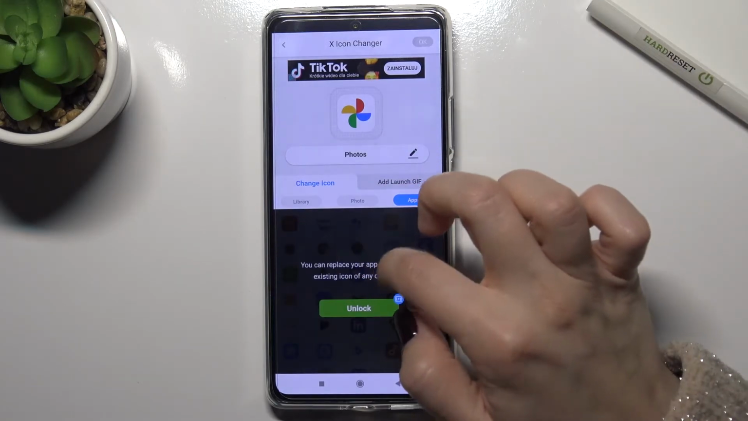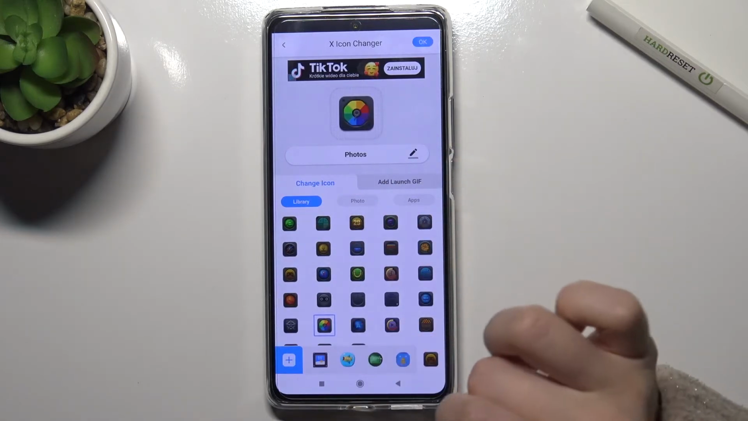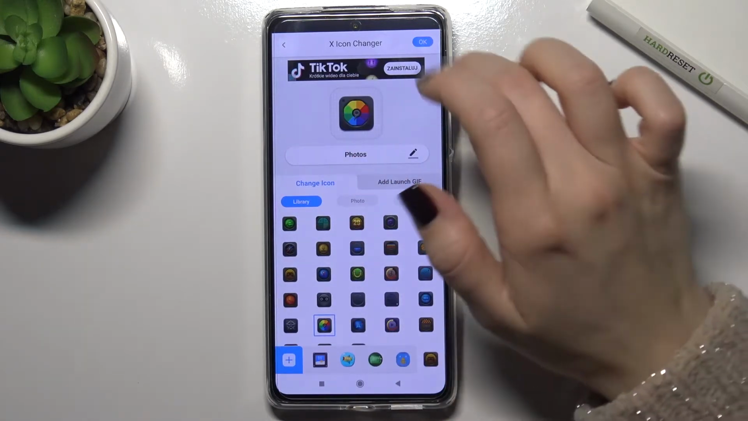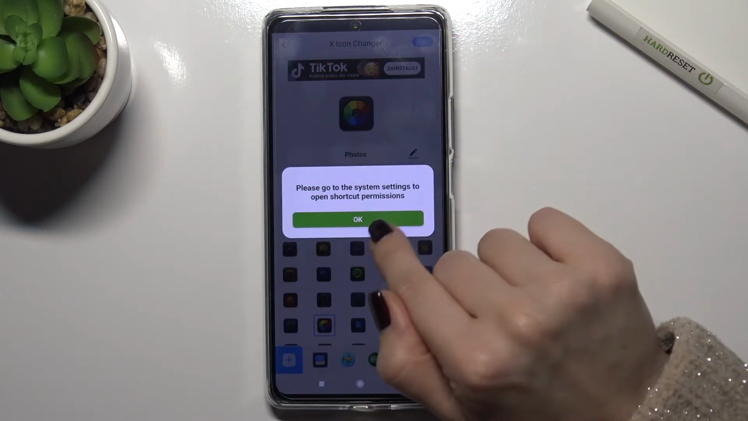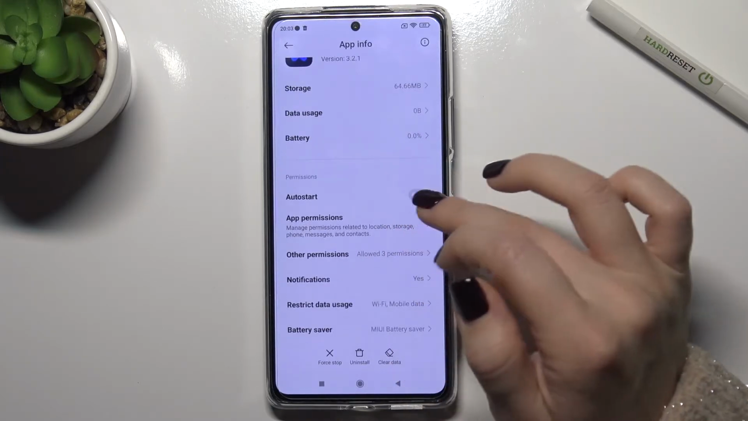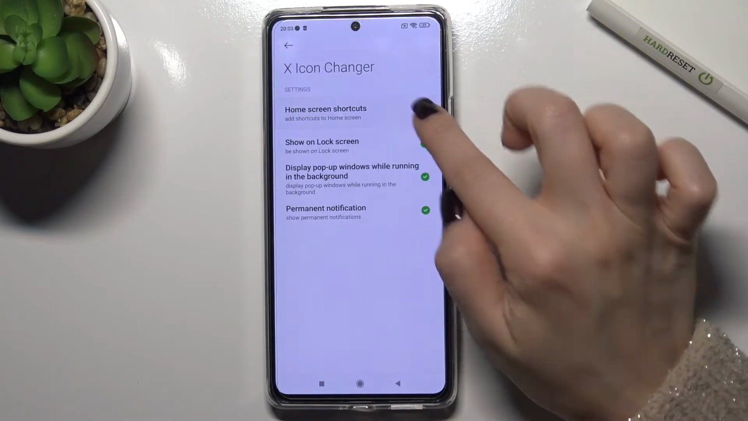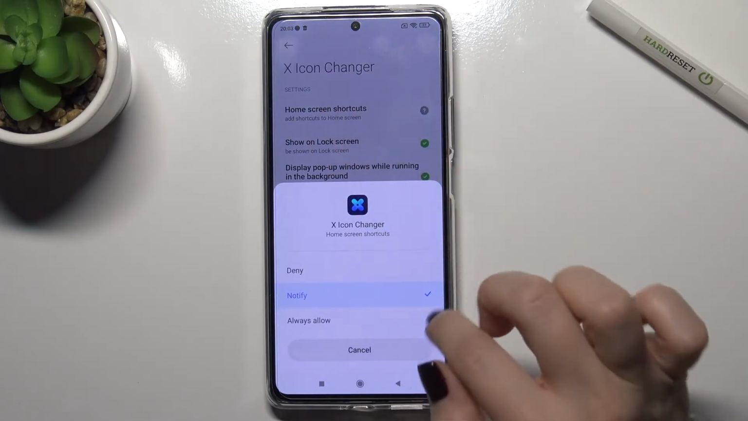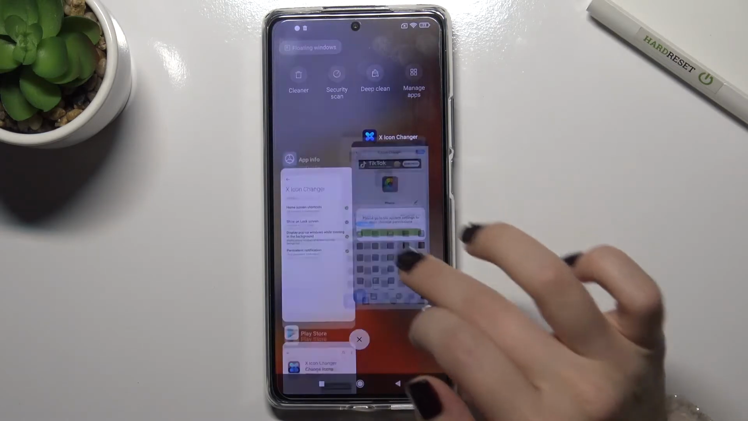Okay, this function you can unlock, I see. For example, we'll choose this icon from your folders, and now just tap here to OK. Okay, we have to go to the settings. And now just here, home screen shortcuts, and always allow, tap here, and now go back to